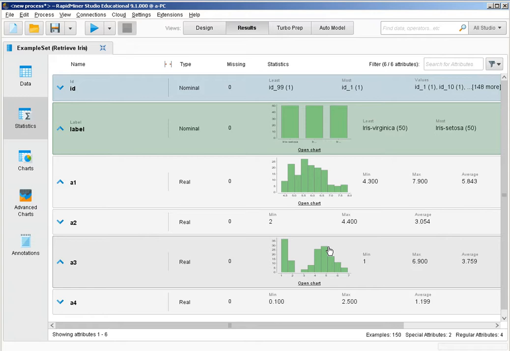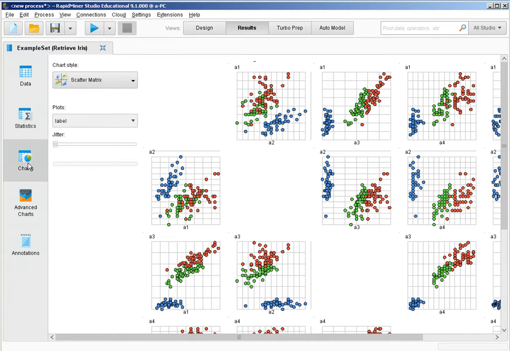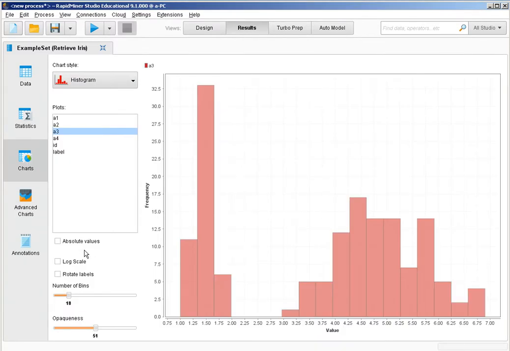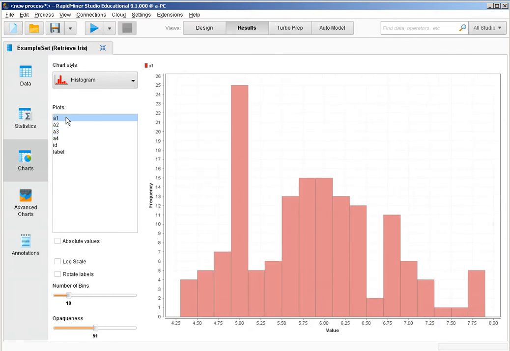I can visualize this data by checking the different representations that we have covered throughout the course. I can accomplish this by using the third button in this slide, which is the charts one. For example, if I go to charts, let's select first the histogram representation. Here I can plot histograms of